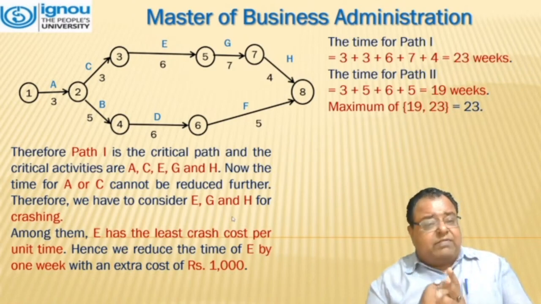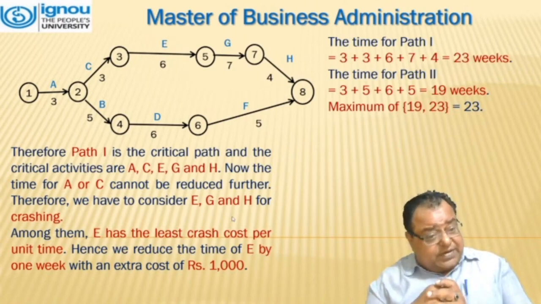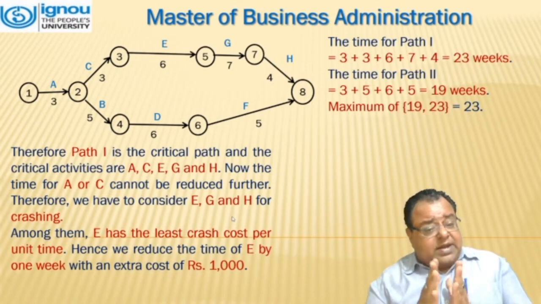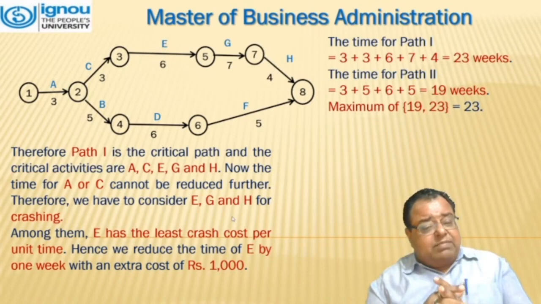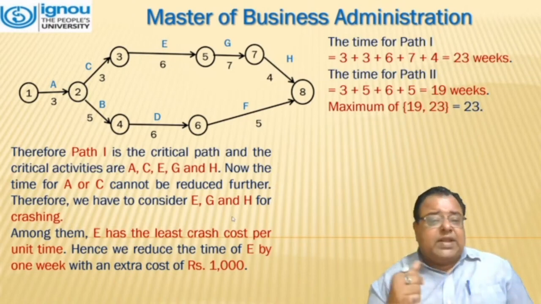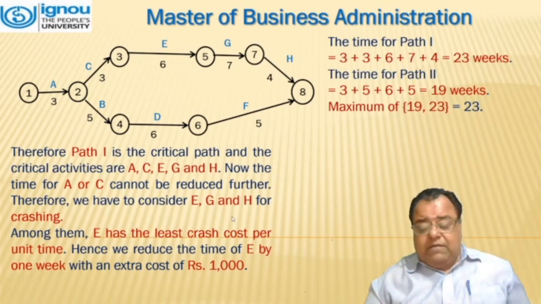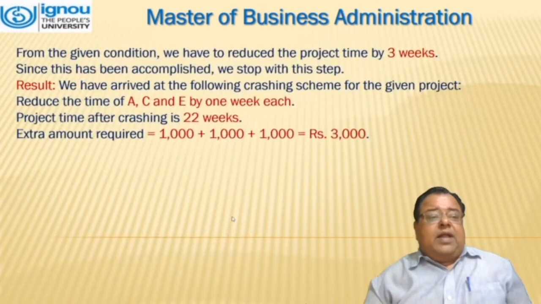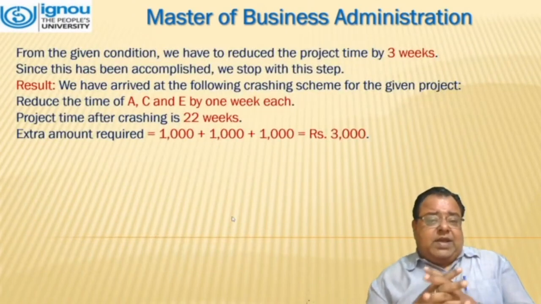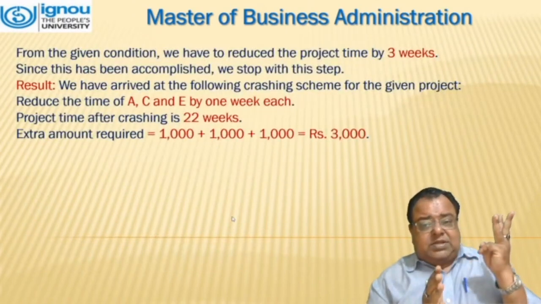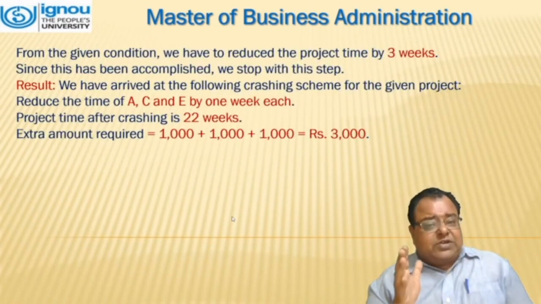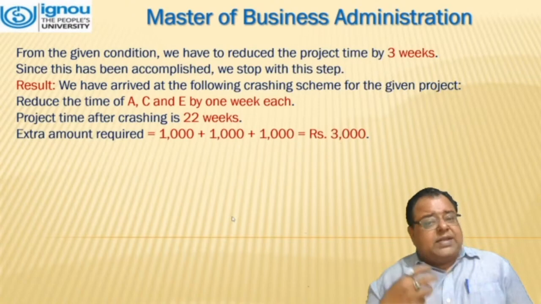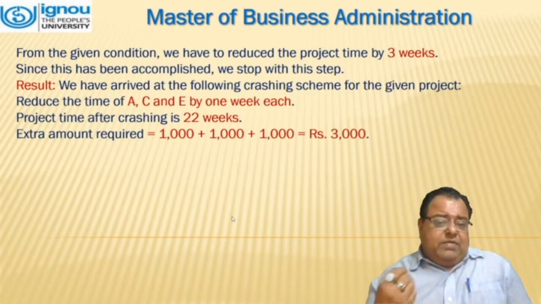Now again we are left with E, G, and H. Among these, E has the least crash cost per unit time. We reduce the time of E by 1 week with an extra cost of 1000. From the given condition, we have reduced the project time by 3 weeks. Since this has been accomplished, we stop this step over here and the result comes out to be, we have arrived